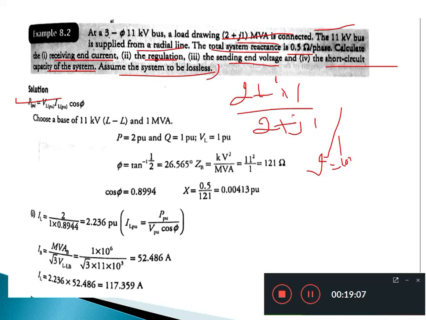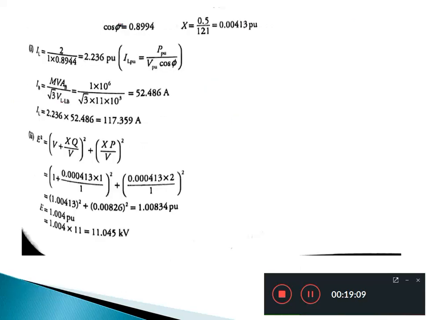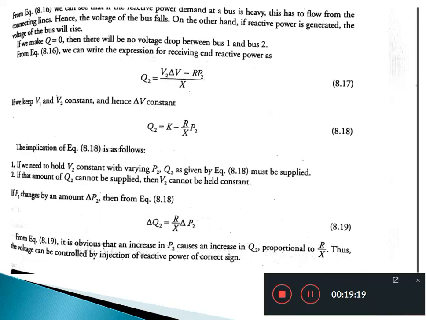Then you have to find the values in the next slide. Since cos phi is known, you use the same equation to find the excitation EMF in terms of kilovolt. So these are the reactive power equations which are used for finding the corresponding parameters. Okay.